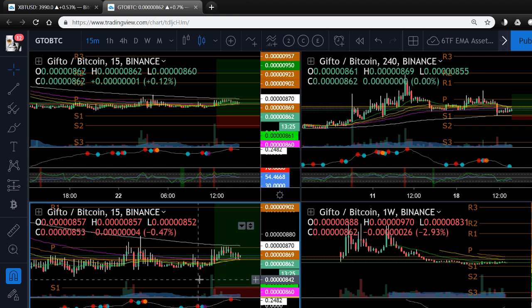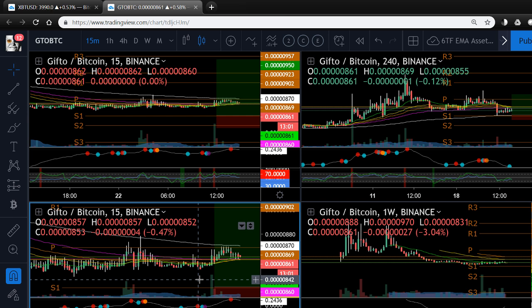So yeah, more than likely when it breaks, it's gonna go for a ride. It'll touch 5 grand, who knows? And then it'll come back and test the EMAs. And who knows? It depends how fast it goes down, how much fear, how much panic there is, what determines what levels hold, in my opinion.